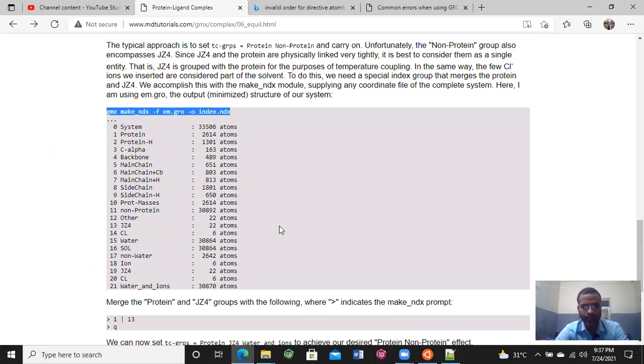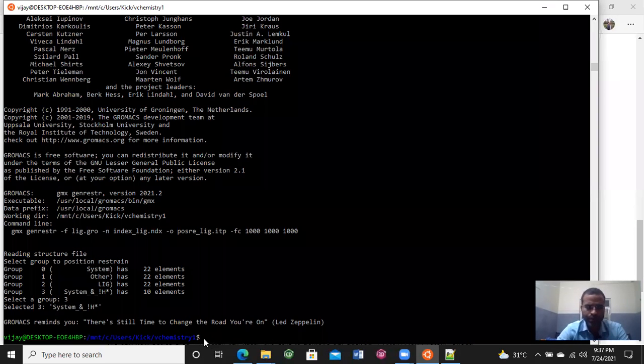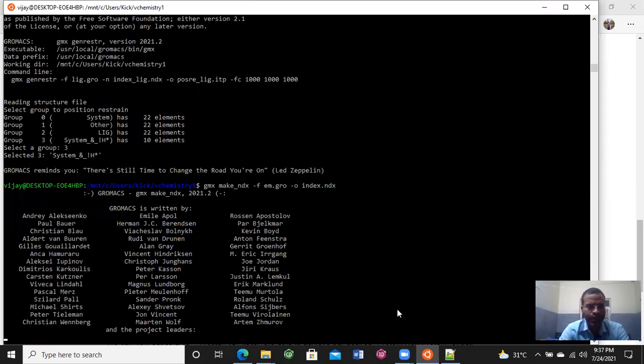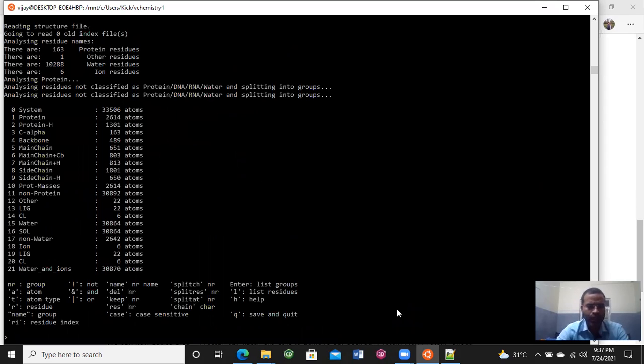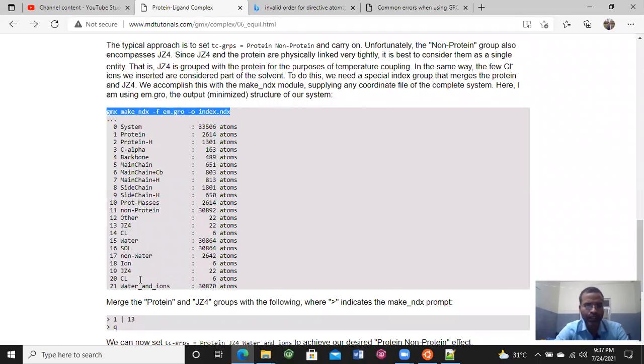Just copy and paste on the terminal. Press enter. Now it is asking what you want to merge. Then you have the option to choose, that is 1 for protein and 13 for ligand. This is JZ4.